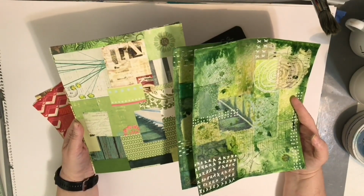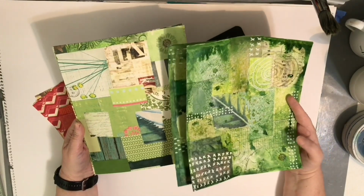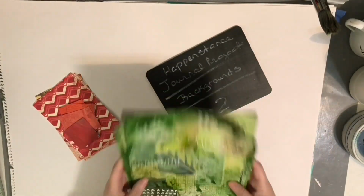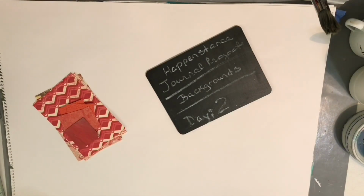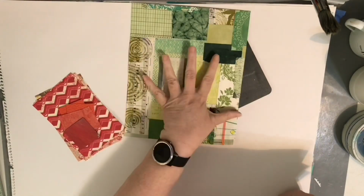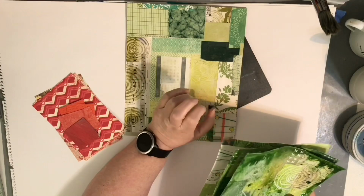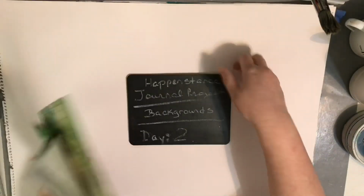So, about 12:30, 1 o'clock, I got to a stopping point in what I was doing in the art studio and decided, you know what? I really need to do some prepping off camera, because getting to this point takes a long time, but it's not very interesting. So I thought I'll go ahead and pull color cards. So I did, and the next color cards were, let me move this,